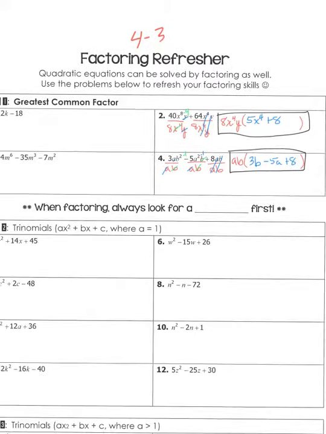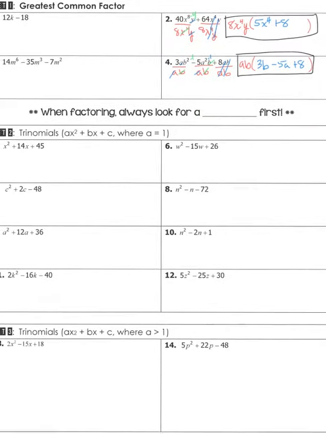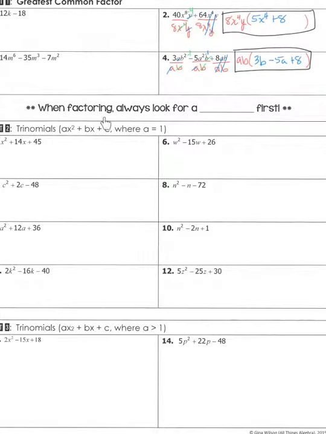I'm going to make just a little bit smaller so you can see what the words are asking you to do. It says, when factoring, always look for a blank first. Well, that should be GCF. So even if you can factor without taking out a GCF, you really must take out a GCF. So